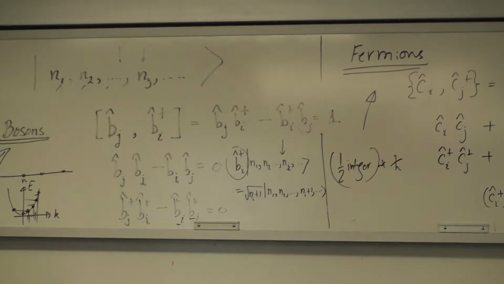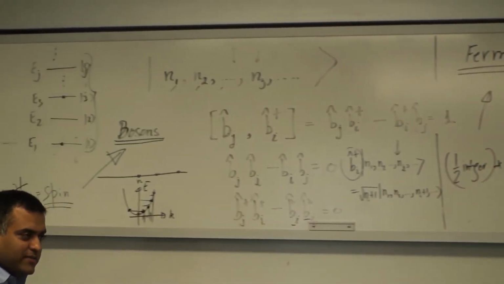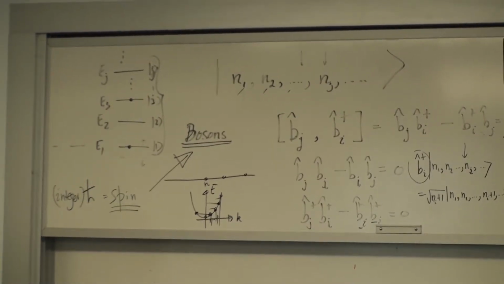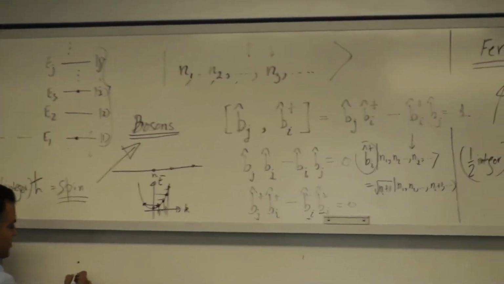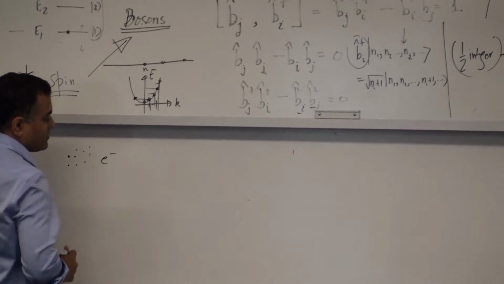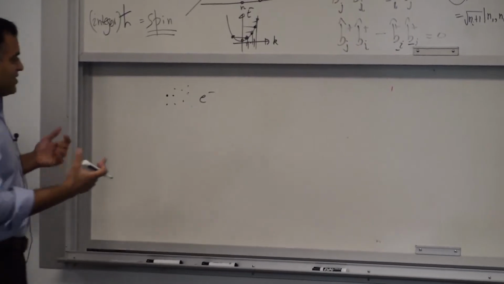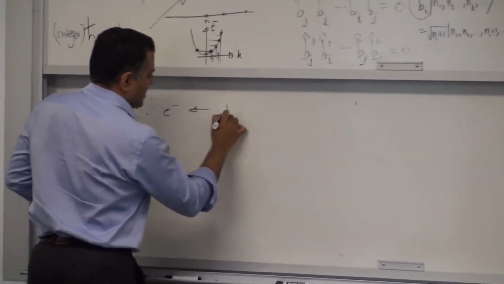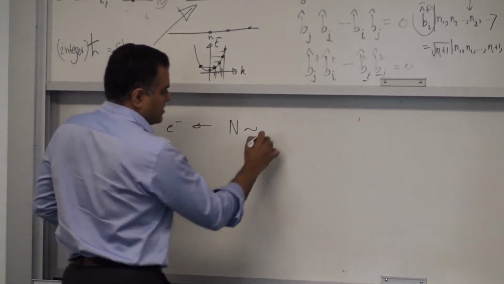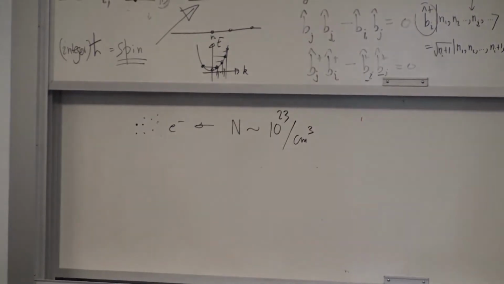And if I have only one boson or one fermion, this is the algebra they are satisfying. But if I have many, in a semiconductor solid or metallic solid, I have lots and lots of electrons. And in fact, the crystal can vibrate, it can generate lots of phonons. So there can be very large numbers of electrons and phonons. For example, the number of electrons is easily on the order of the atomic density, right? 10 to the power 23 per centimeter cube. It's very large numbers, right?